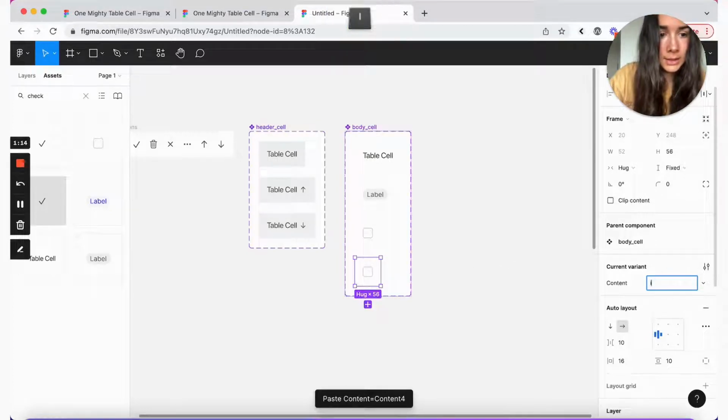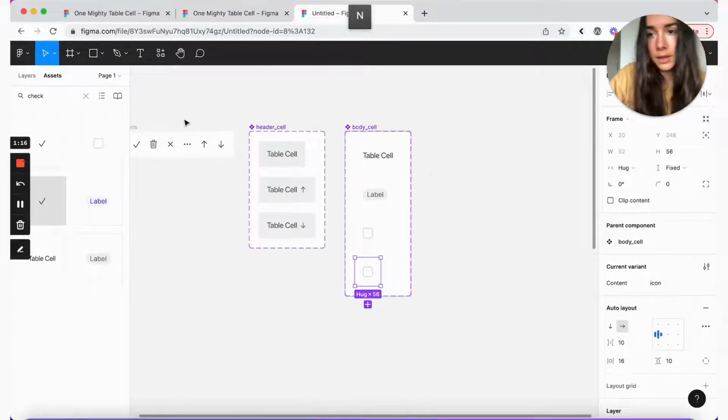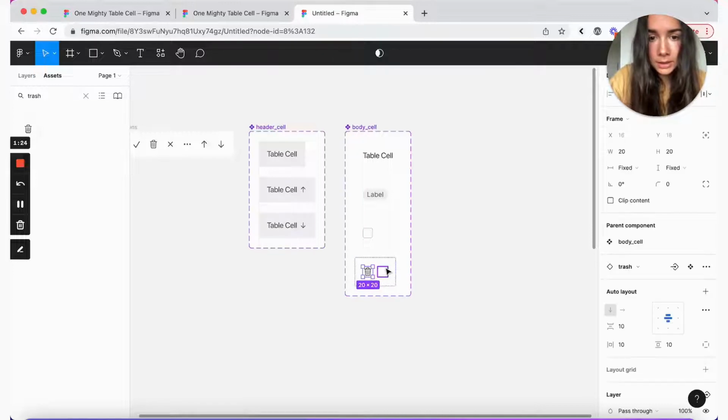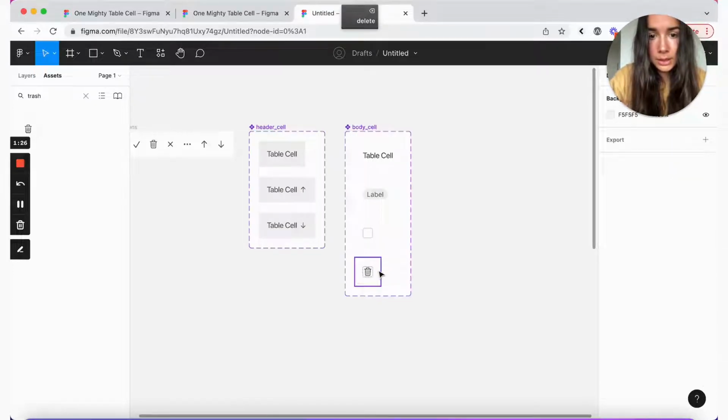And our last one is going to be icon. And for icon, we'll just make this one our default one.